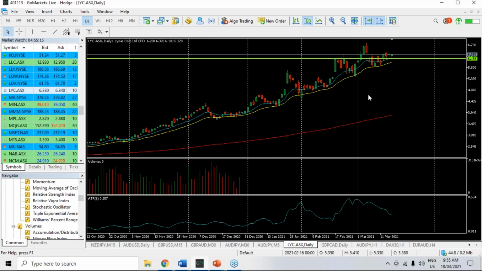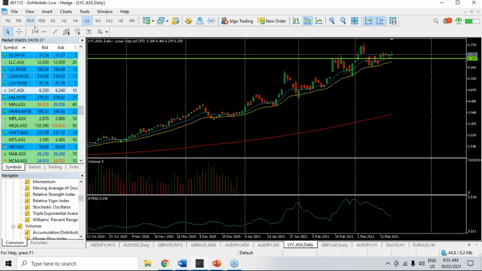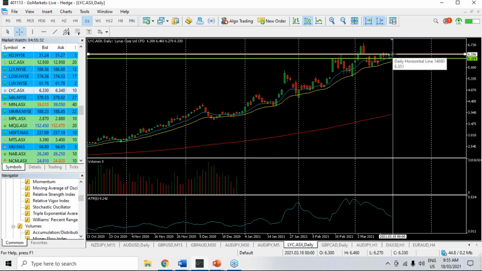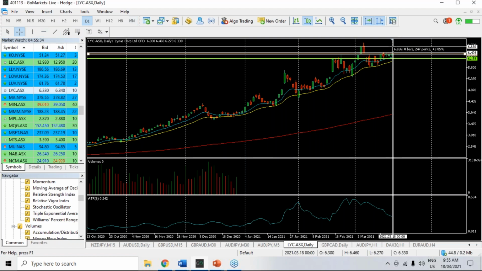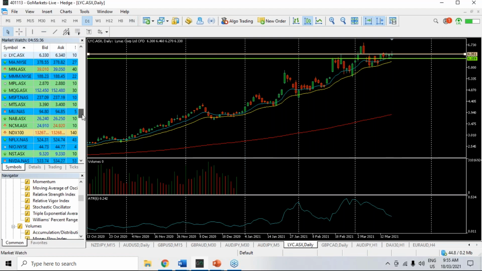LYC looking interesting. This is one of the reasons we took this off yesterday. I told you I was in this on Tuesday, but it is trading near a key level of around about 635. That was enough for me. So if we do get a break, there's a potential move back into this technically with about 3.5% up there.